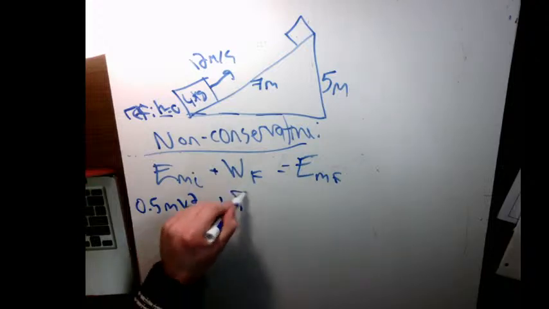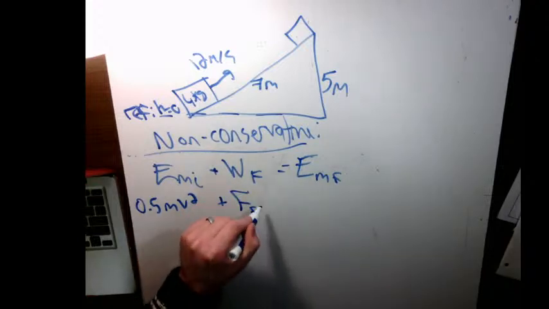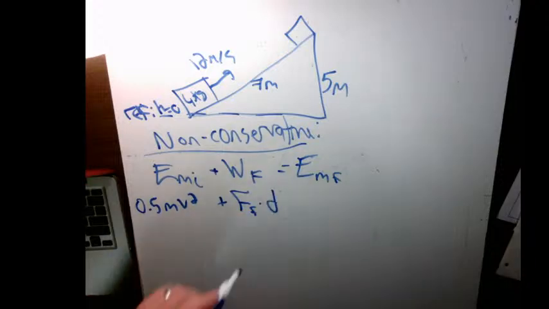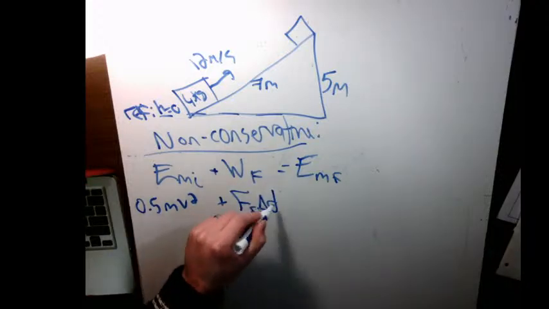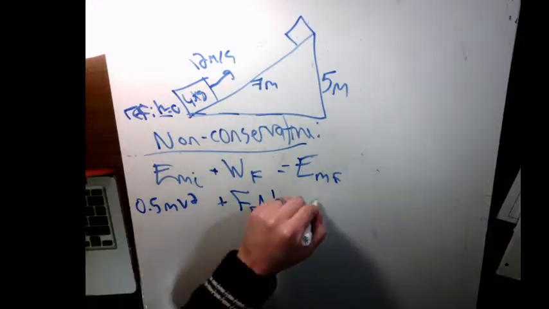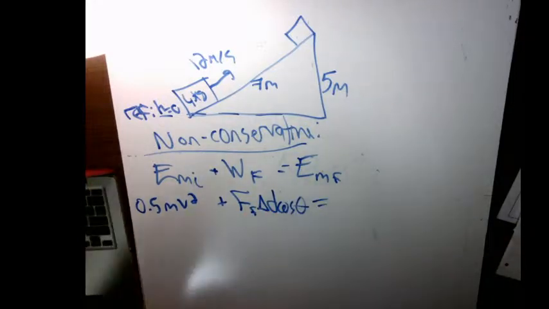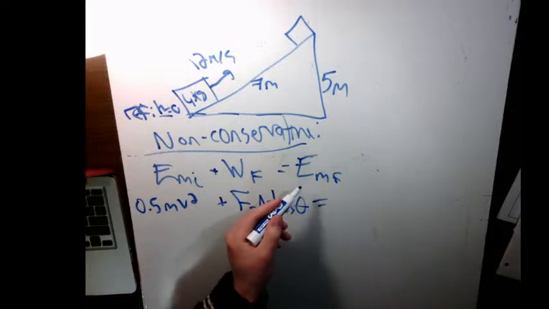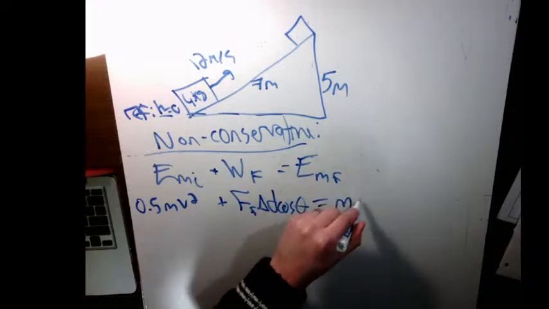So that'll be the force of friction times the distance that it travels. This is the formula that you're given, so we'll keep it consistent. And that's all going to equal our final mechanical energy, which is